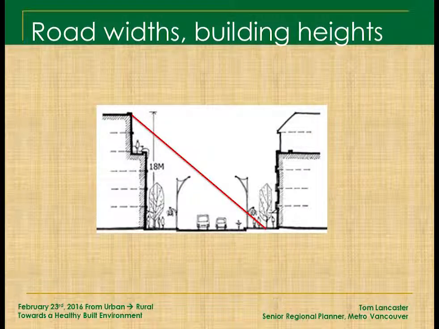So we're getting a little into the details of design, but this is all stuff that I can just repeat at you over and over again, so that when you're meeting with your councils, or when you're meeting with citizens groups, or with planners to advocate for a healthy built environment, you're thinking, hey, planner or urban designer or developer or councillor, what does it look like on the road? What is it like for a person standing there? How tall is the building versus how wide is the road? If the road's 30 feet and the building is 200 feet, what's it going to feel like? Okay, so just start thinking about this kind of stuff when you're advocating for active transportation.